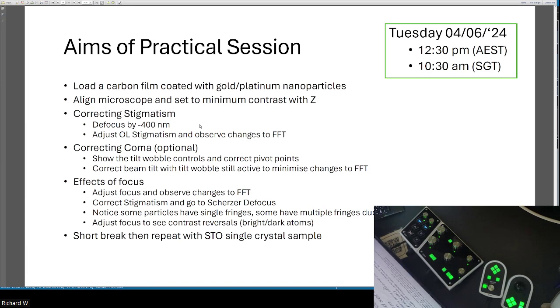So we're going to first start by aligning the microscope, and we're going to skip some of the basic alignments, such as the condenser lens aperture and stigmatism, because we already know how to do them, and focus on the ones that are important for high resolution TEM. So I'm going to switch over to the